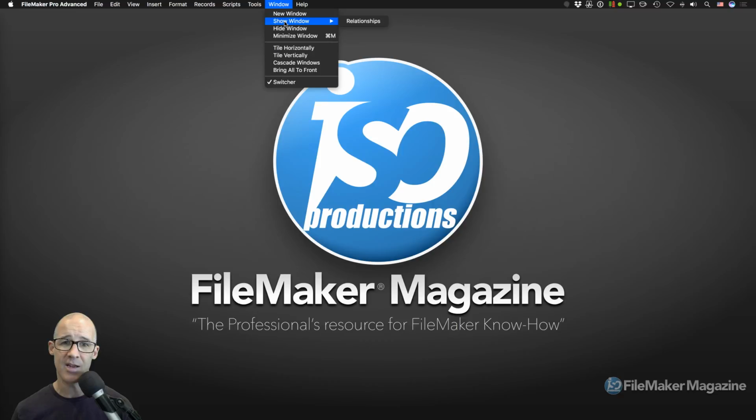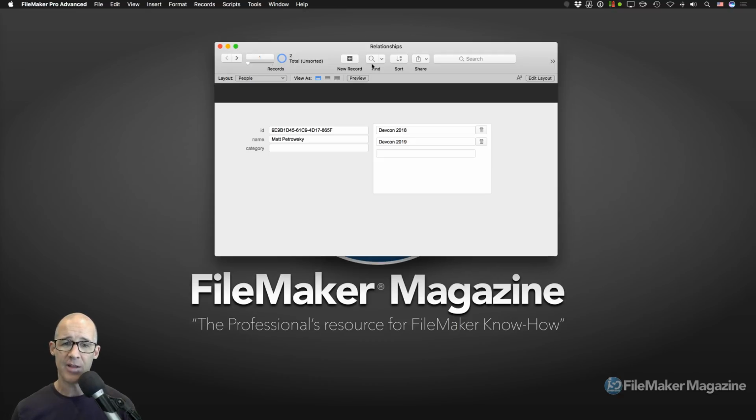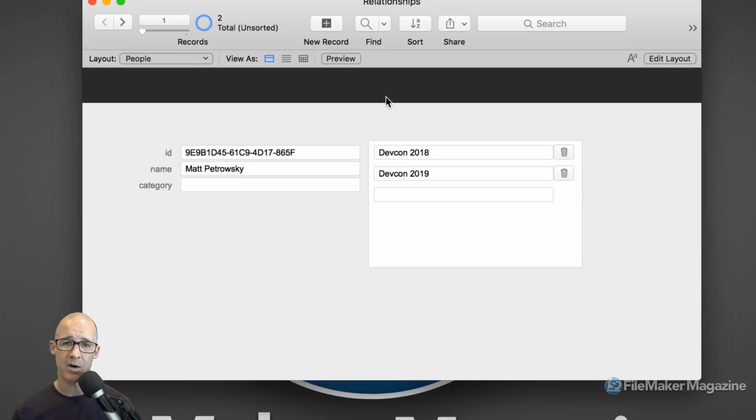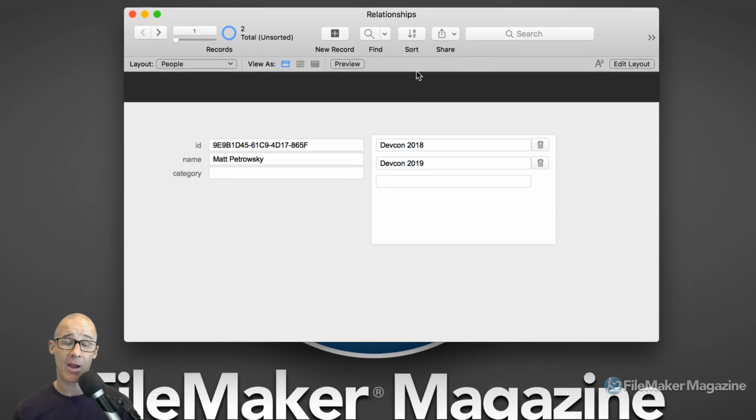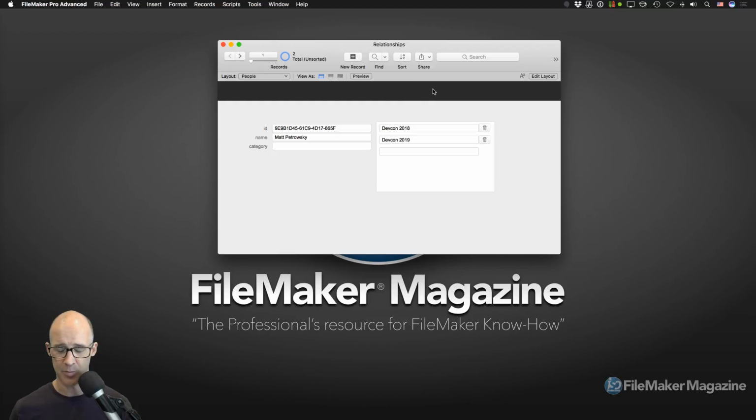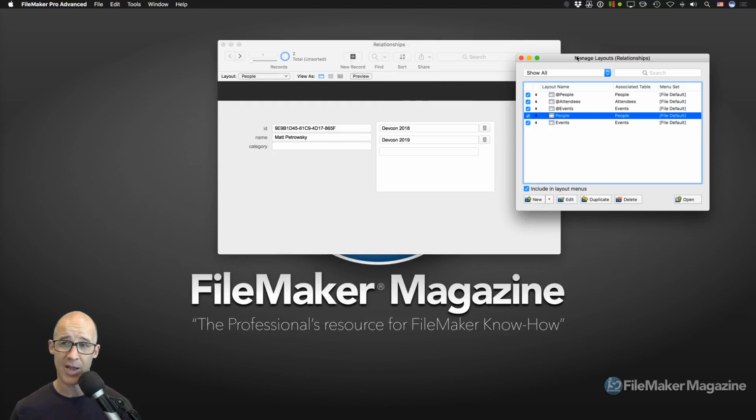All right, so let's head into the file. The file that we've been working on is this one right here. I called it relationships because it was introduced at the point in time that we were learning about relationships. And we started with a very basic relationship where we had a given person attending a given event. And through discourse, we've actually come to the point where, as I show my manage layouts,